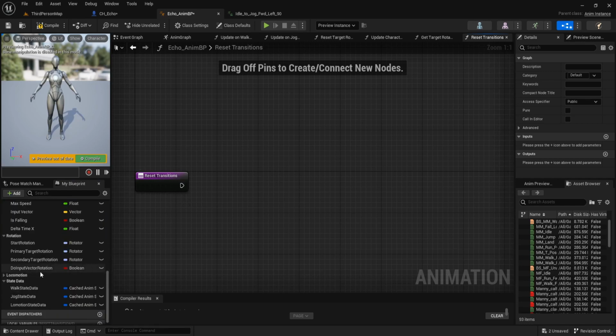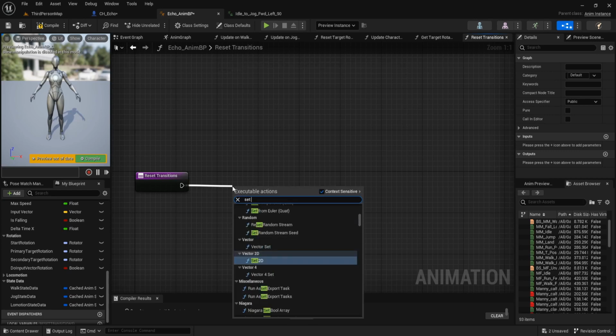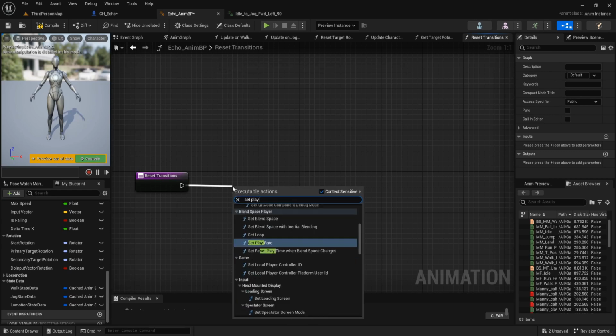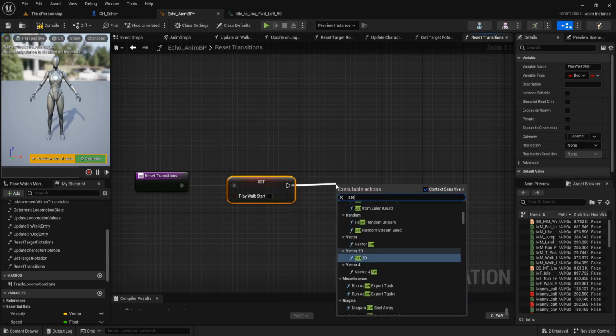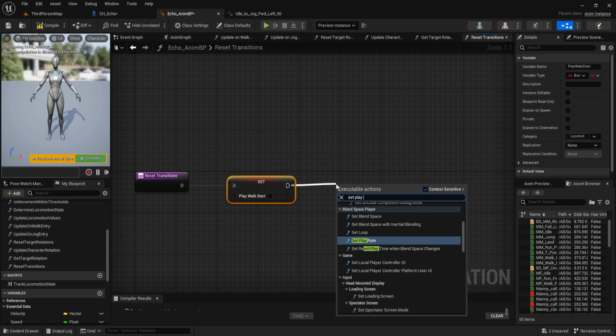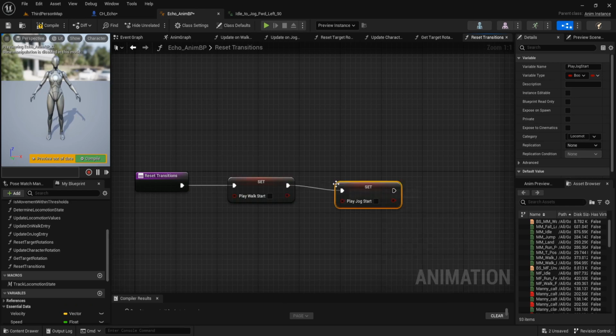And then set play walk start to false and set play jog start to false.